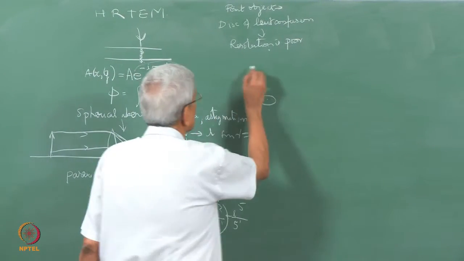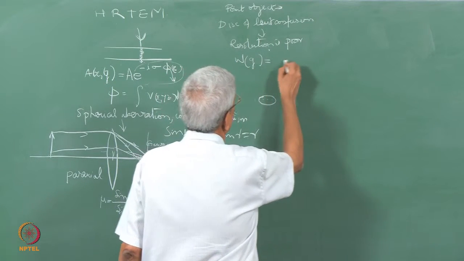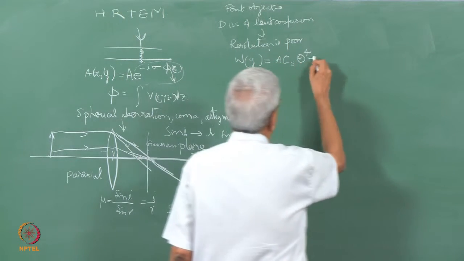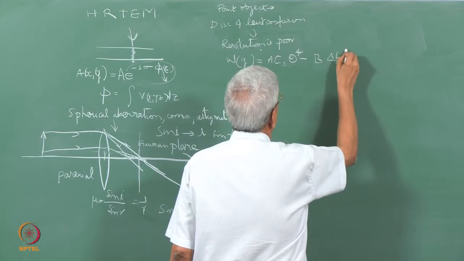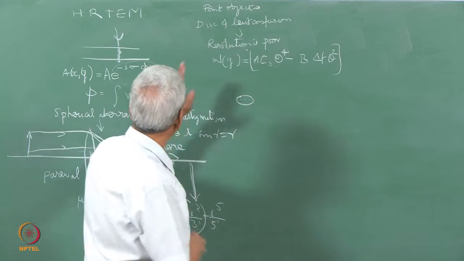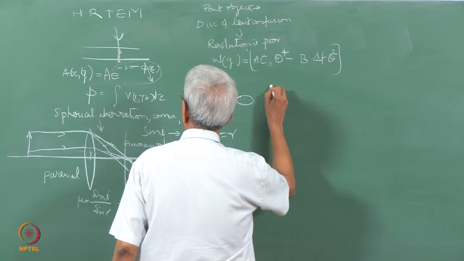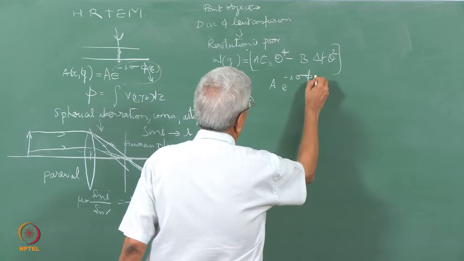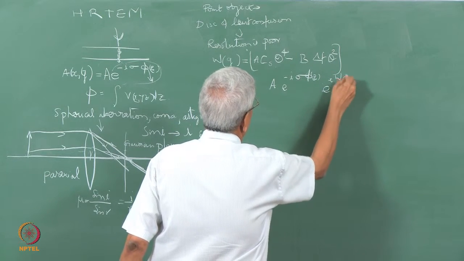So, this introduces what is called a net phase error to the optical path. That phase error depends upon Cs θ^4 a, minus a constant b, this is Δf θ^2. This is the sort of expression which we get for Wg. This Wg is essentially convoluted with the sample function, so essentially exp(-iσφz) is convoluted with e^(iWg). This is what happens.